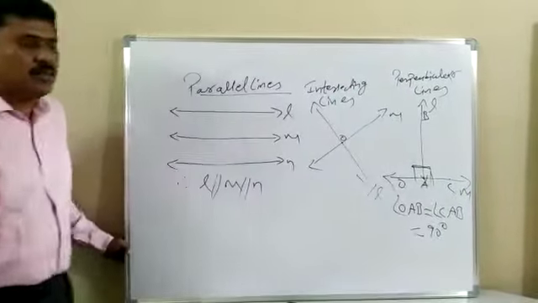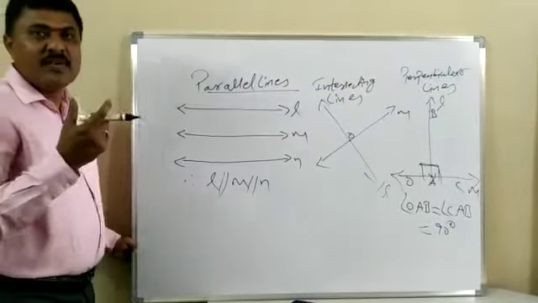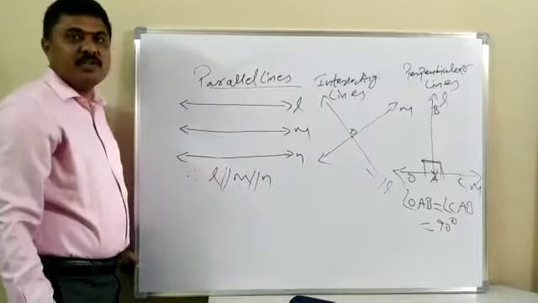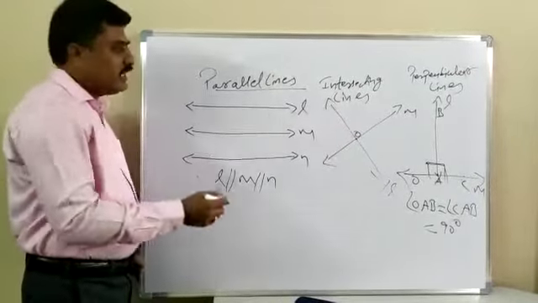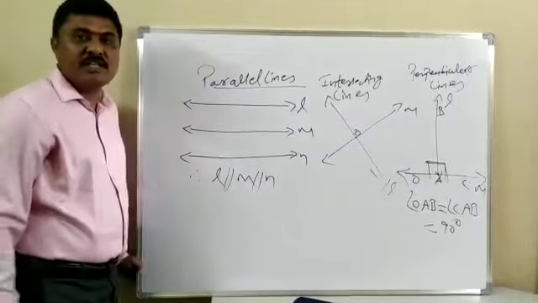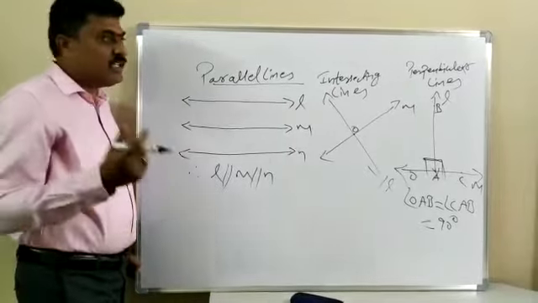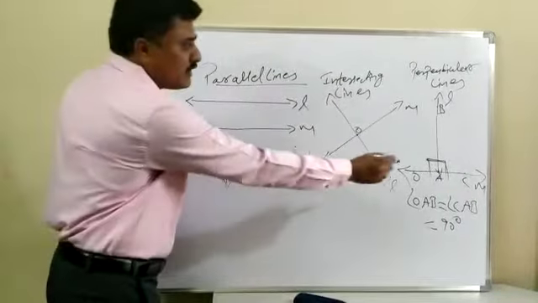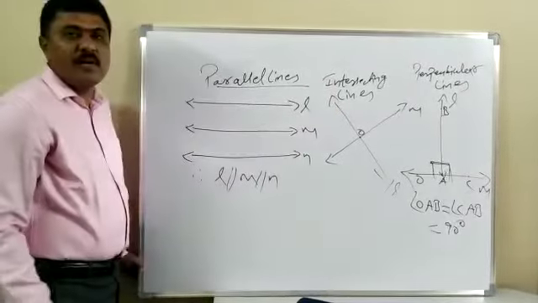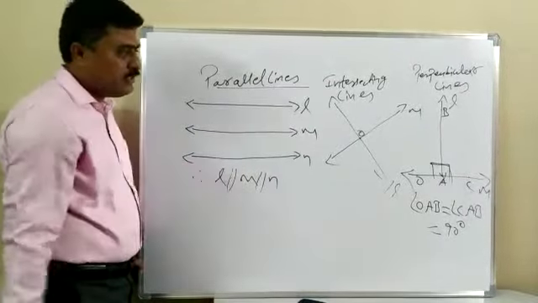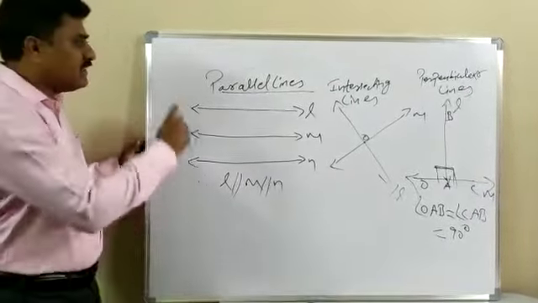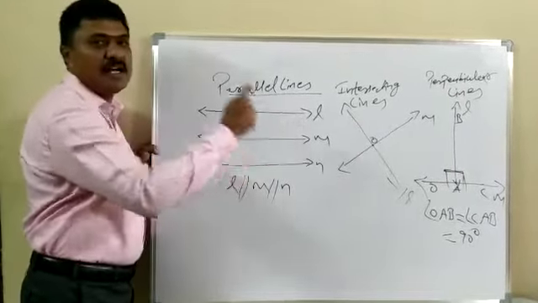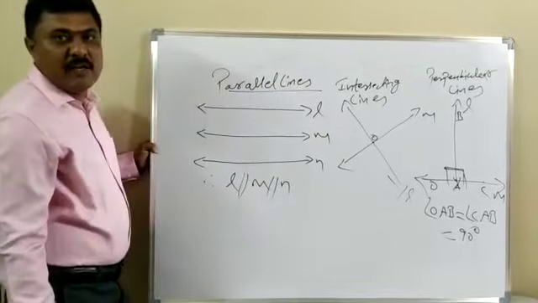This is nothing but 90 degrees. 90 degrees means perpendicular. The angle formed between these two lines is equal to 90 degrees. Exactly 90 degrees, we know, is a right angle. So the other name is perpendicular. Here these two lines L and M are perpendicular, so the angle is equal to 90 degrees. This is the relation for parallel lines, intersecting lines, and also perpendicular lines.